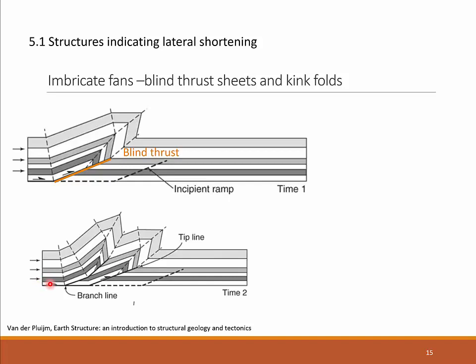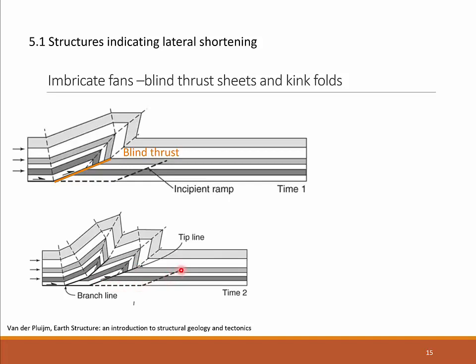We see that here the first blind thrust has kinked a little bit further, the fault plane has been steepened up, and we see that the first set of folds is undergoing further tightening. At the same time, we see here in the second fold set of the imbricate fan a similar evolution as we have seen here in stage 1. Again, this ramp here is a blind thrust. It does not continue further, and in the next stage we are activating a further blind thrust